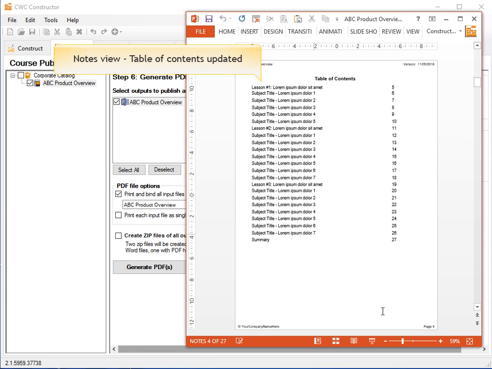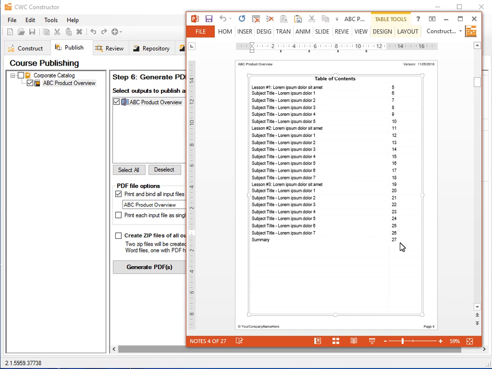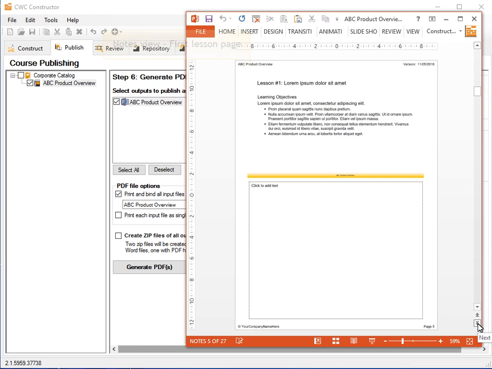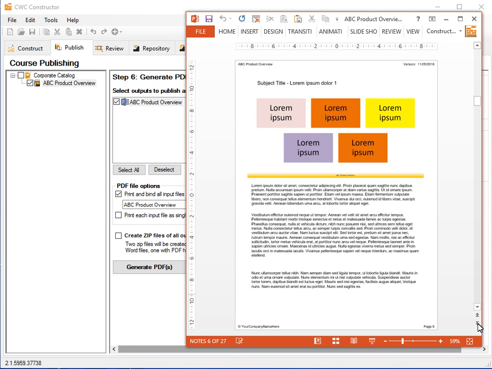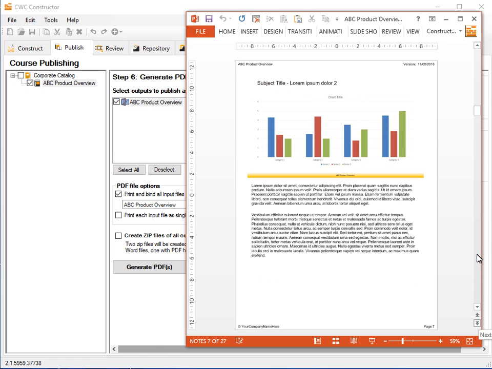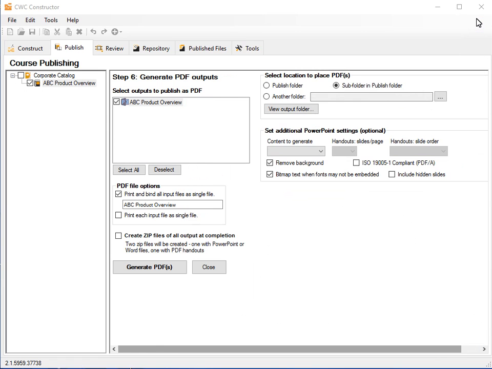The Table of Contents page now reflects all the slides that are included in the course. Here's the first RLO of the course. We will now begin the Print to PDF